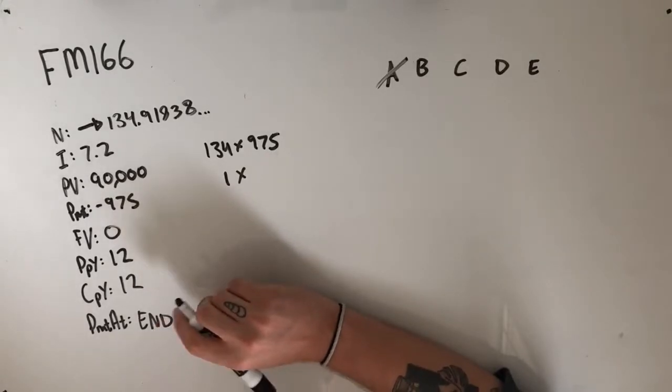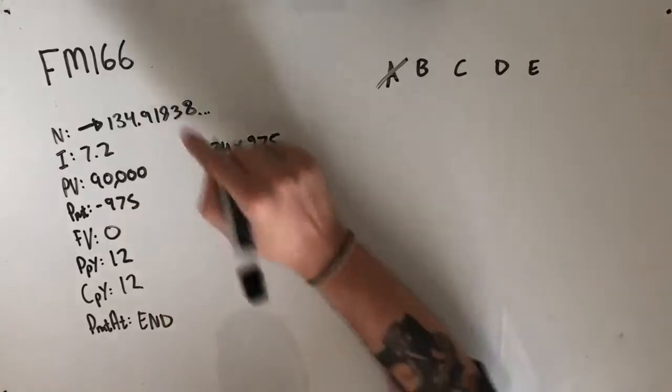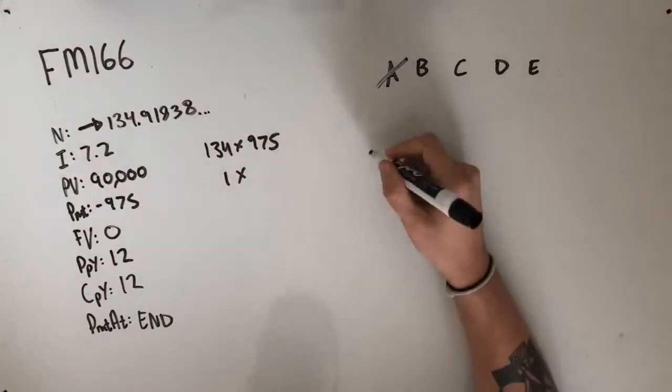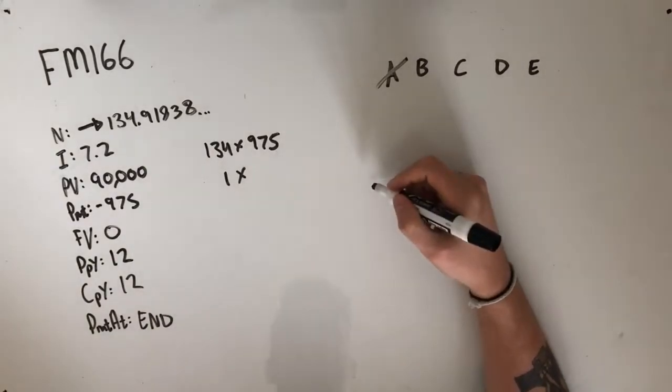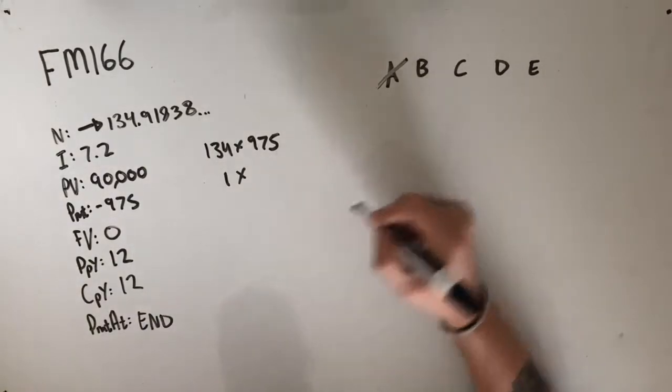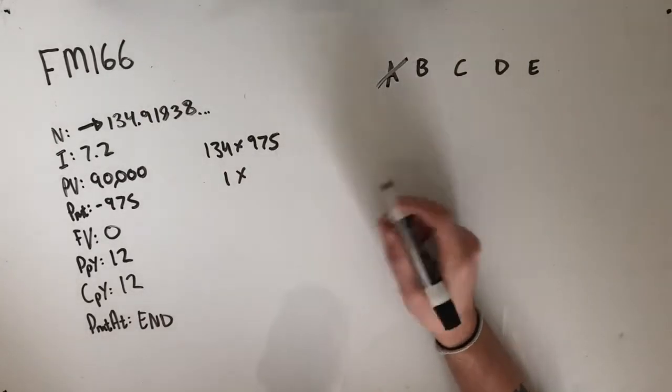Option B says her second payment reduces the loan by more than the first payment. Now you could use Finance Solver to calculate this. I'm going to do some straight calculations so you guys can see how it's all working. So our first payment of $975, we can calculate how much of that is going to go towards